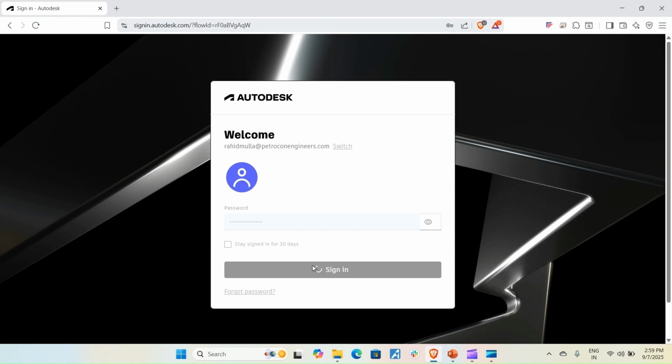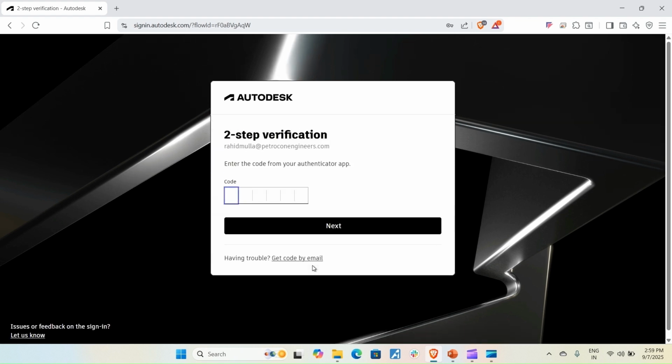Nowadays Autodesk has come up with extra security, so with every sign in, it will ask you to verify your account. You can either download an authenticator app, or get the code on your email client.